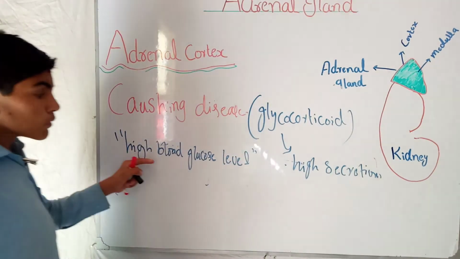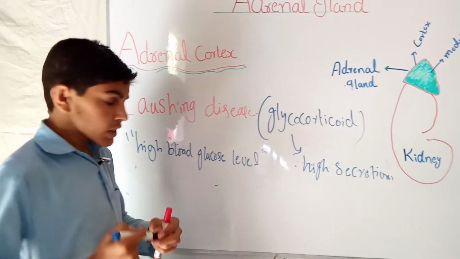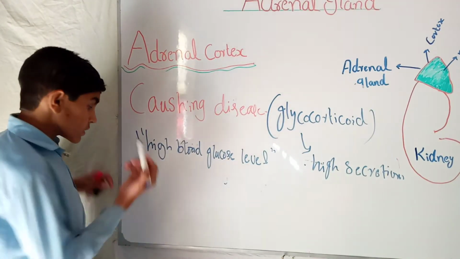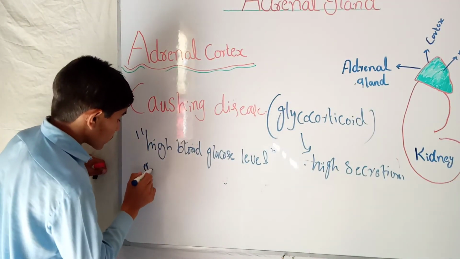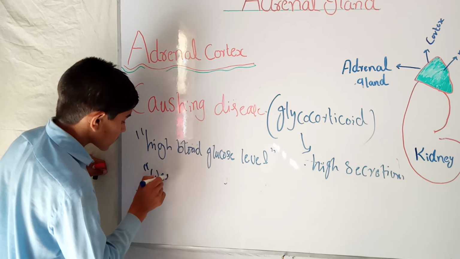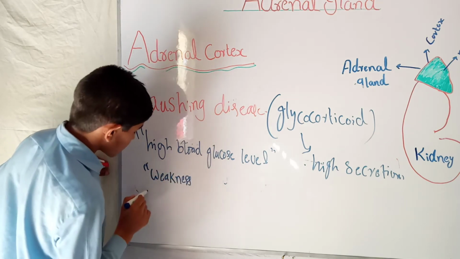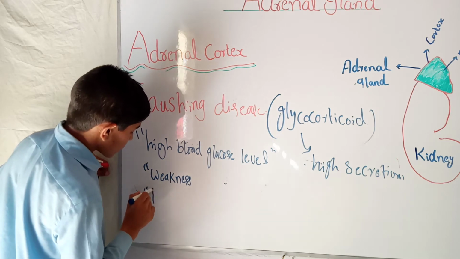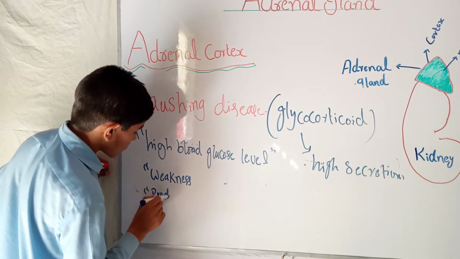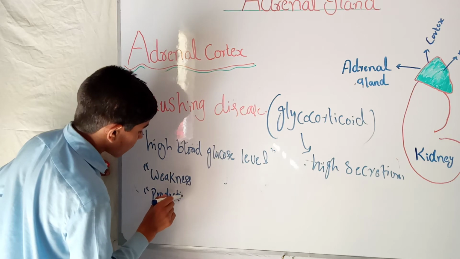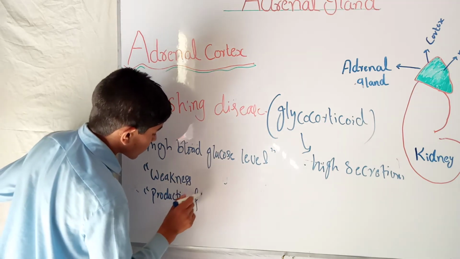The patient has high blood glucose level, and another symptom is weakness. Second is the production of hairs